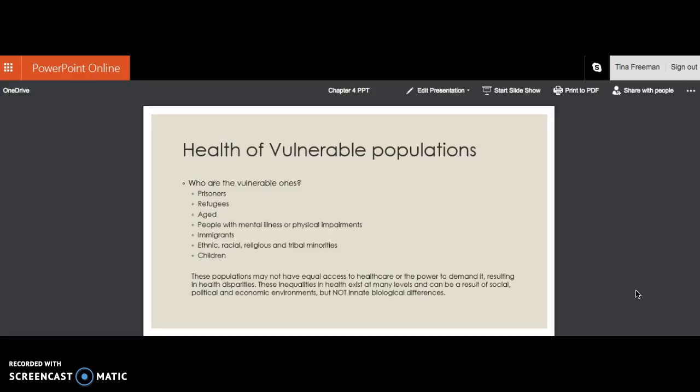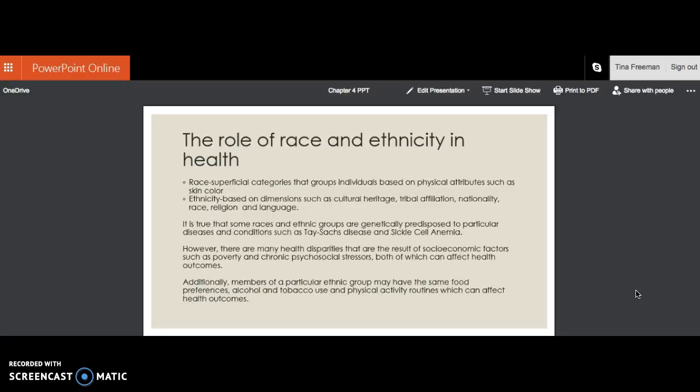So you look at these groups within the population and you see that they may not have equal access to health care or even the power to demand it. Think about a child. The child is relying on the voice of the adult to demand access to health care. So again, these vulnerable populations are one of the reasons that health disparities exist. And you'll find me use the term health disparity a lot through this class, especially through this particular week, and it is on the matching questions.